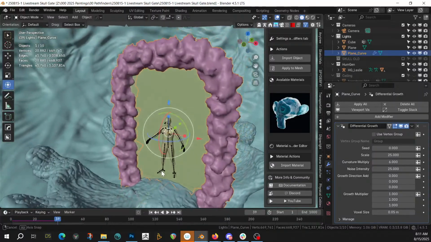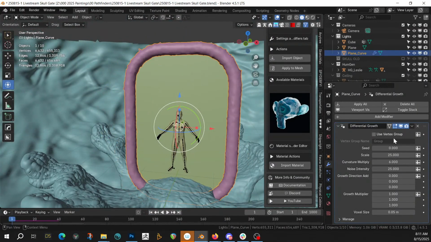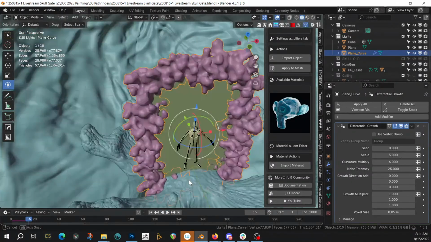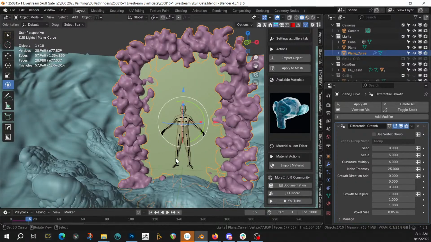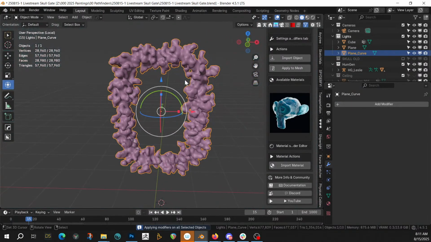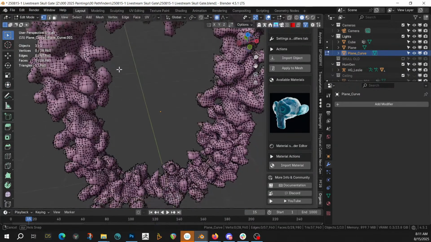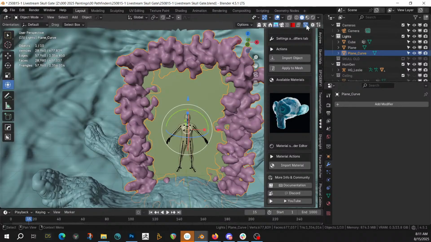That's kind of fun. Maybe we'll actually cut our scale back down to like 5. Yeah, there you go. That's what we want. That's looking right. Cool. I think that's enough. Let's apply it. And if we look at it, what do we got? It's okay. Cool. I wonder what would happen